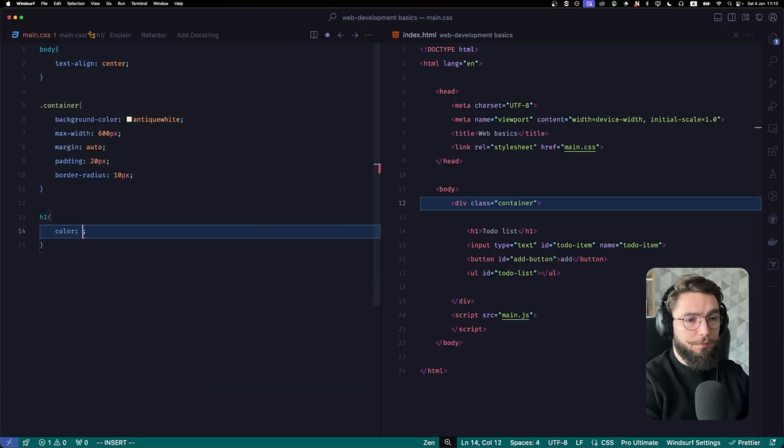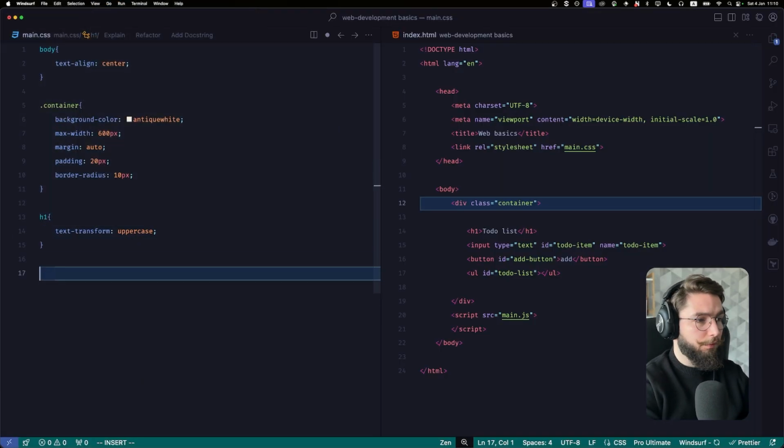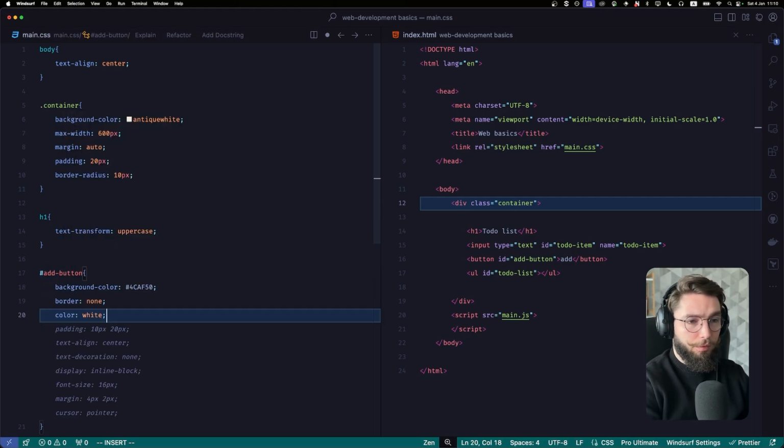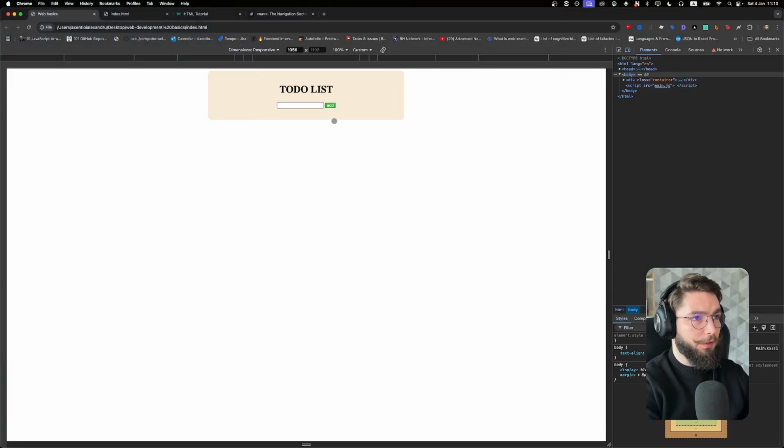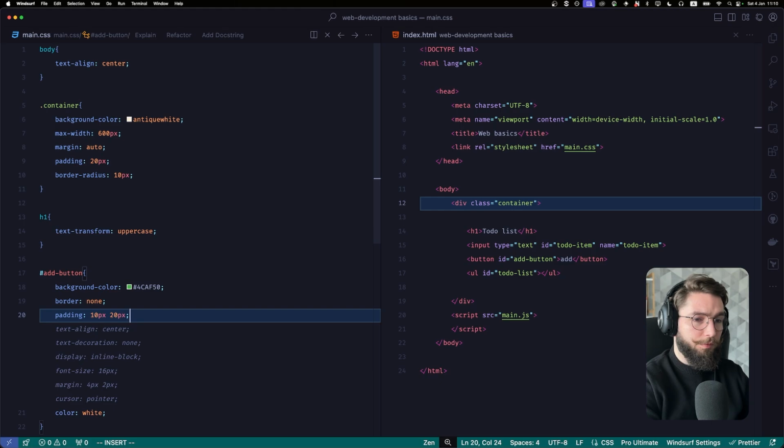Nah, it's not looking very well. Let's just leave it as black, but let's make it text-transform uppercase. Okay, so now it's uppercase, and let's also style the button. So we go to the add button, background color. We have a green here. Let's do some padding, 10 pixel and 20 pixel,